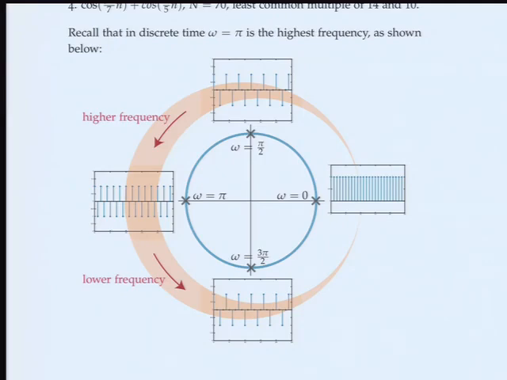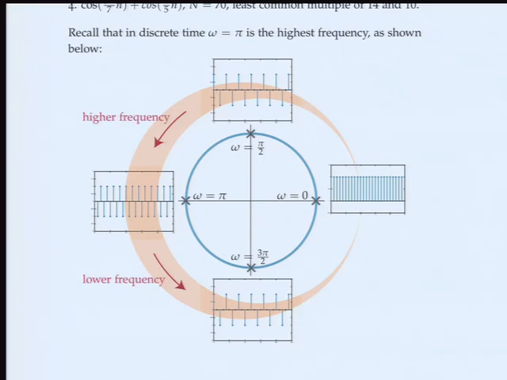As I increase omega to pi, the oscillations will get faster. They will oscillate more frequently, right? And at pi, which is the left end, you hit the max. The moment you go past pi, you start getting slower again. In fact, pi over 2 and 3 pi over 2 are basically oscillations with the same frequency, right? And then when you come back to 2 pi, you're actually, again, not moving. Okay? So there's that kind of periodicity in omega.